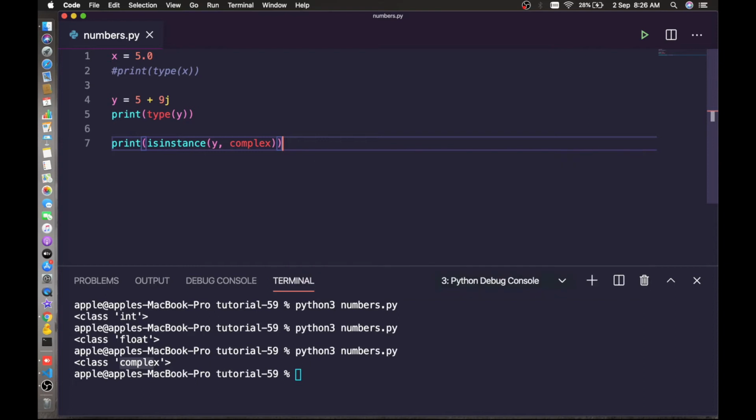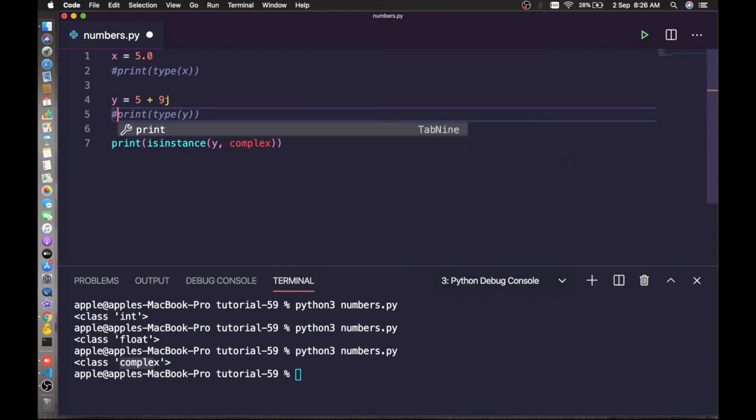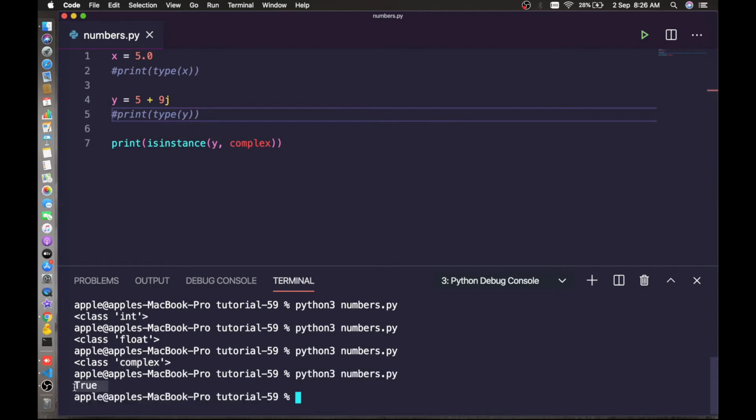Let's print this one. Here it is, this is True. It means y is a complex number.